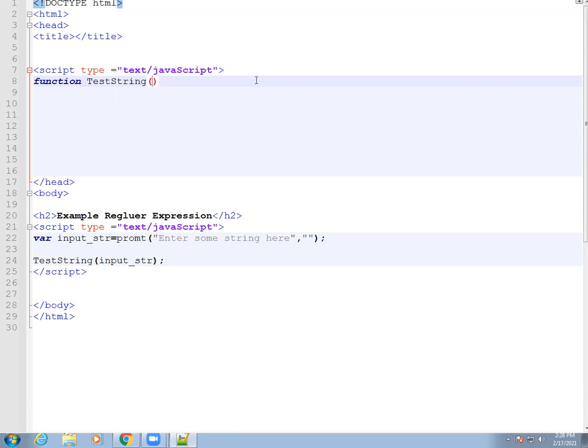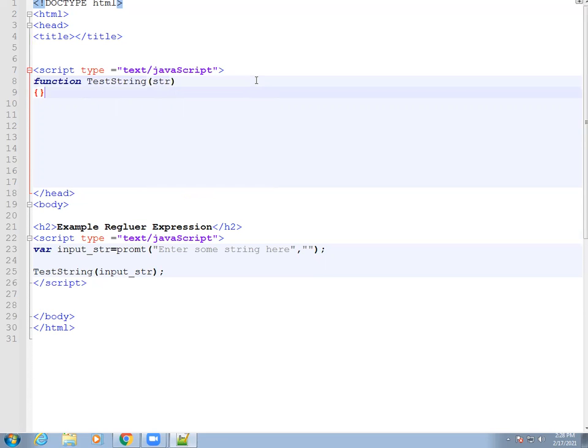So this function I will write here. I will explain this code. Just give me 1 second.